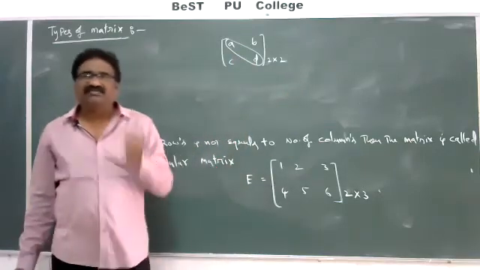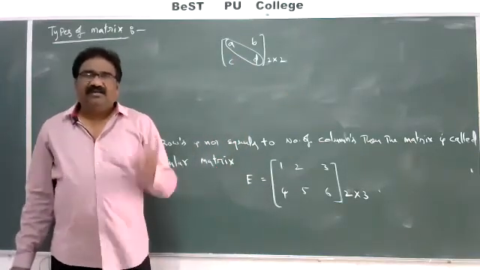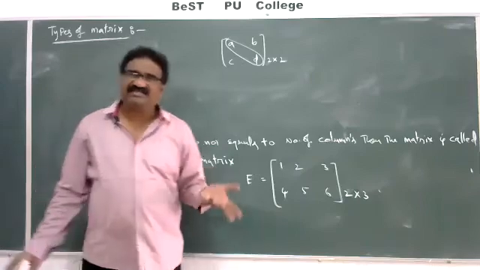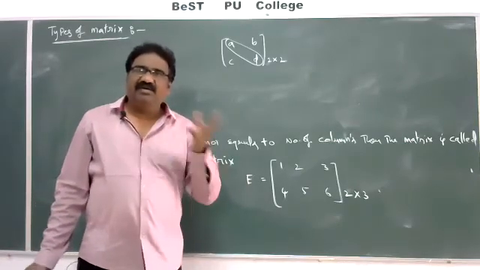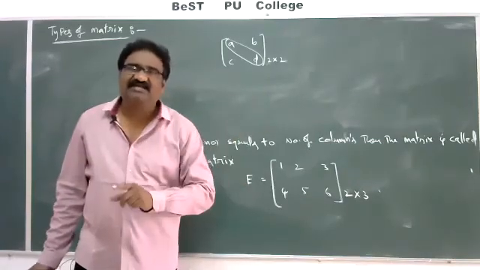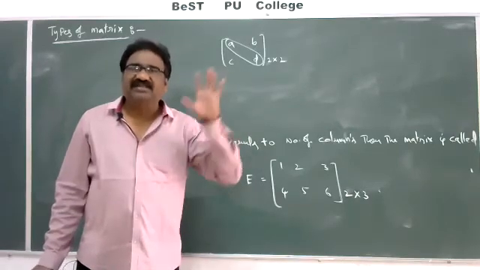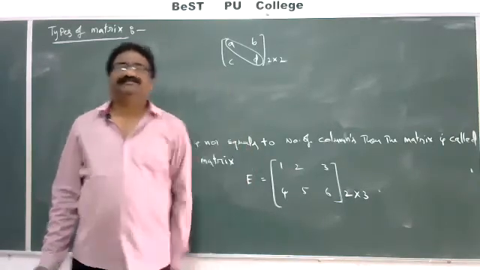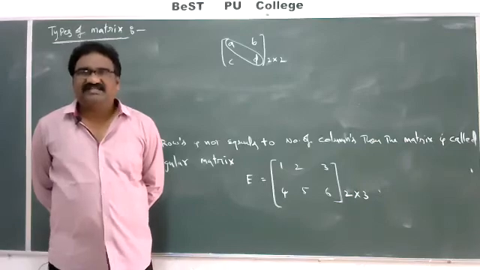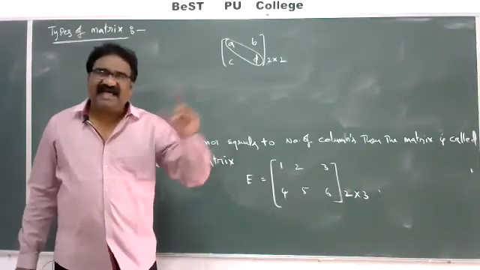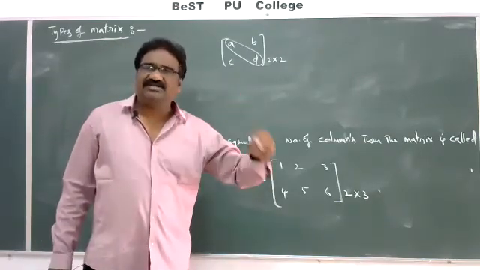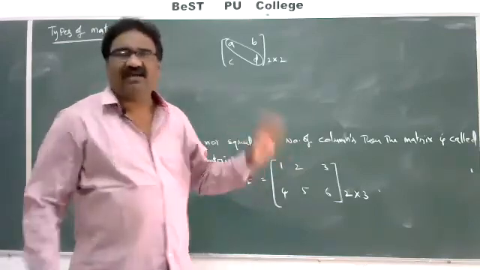Here I want to discuss what is meant by diagonal matrix. In a square matrix of any order, 2 by 2, 3 by 3, 4 by 4, like that, except diagonal elements, the remaining elements are all zeros, then the matrix is called a diagonal matrix. Here, just observe the definition. In a square matrix, except the principal diagonal, the remaining elements are all zeros, then the matrix is called a diagonal matrix.